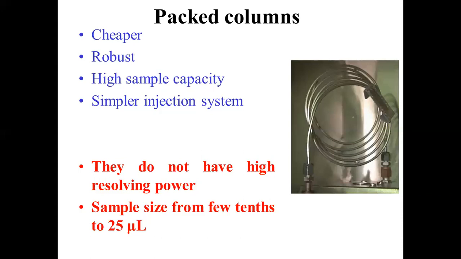So let us not bother about this fronting and tailing, but whenever high sample capacity is required, we can use these packed columns, because when you take a sample in larger size, we can also assume that the number of solutes present will be very, very minimal. So the matrices may be present in the largest amounts, and we can exclude the matrices. We can remove the matrices by performing the separation using this packed column. So whenever high sample capacity is required, we can use these packed columns.